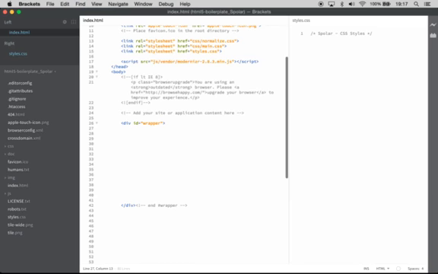So inside that wrapper, we want to go ahead and create a header tag. Sorry, header, and it auto closes it. And we're going to give this one an ID, and we're going to call it main underscore